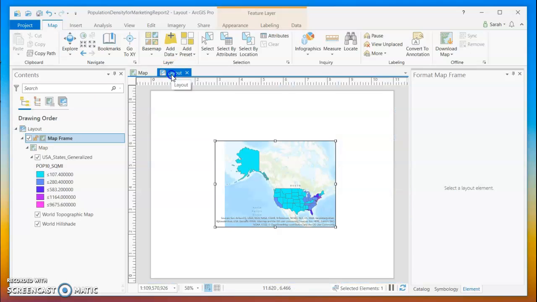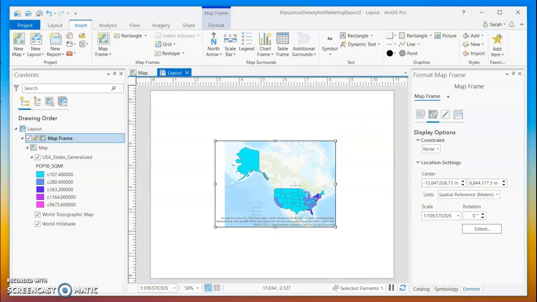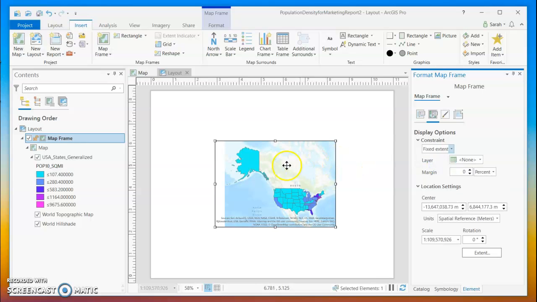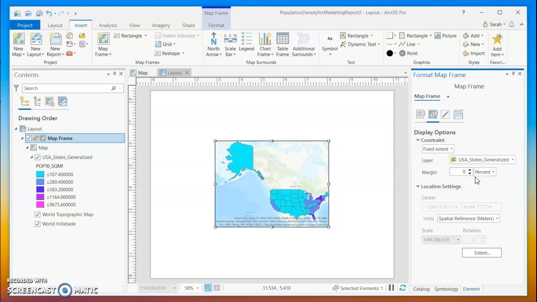Okay, so let's go back to layout. We're going to go back to Element, going back to our constraint, Fixed Extent. So this extent is fixed. Then we have to select the layer that we want to activate. We're looking at the US states layer. It's important to choose the layer, else nothing will happen. So when we go over to our map,